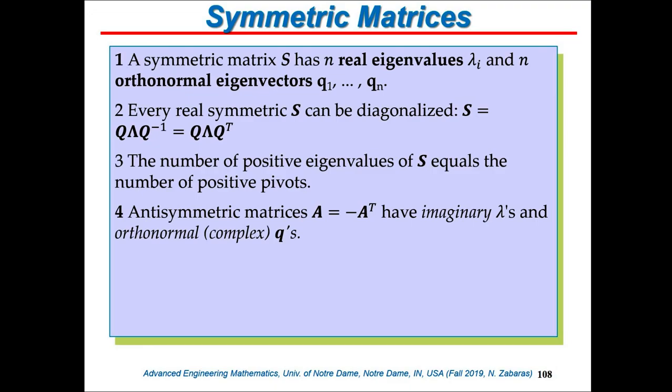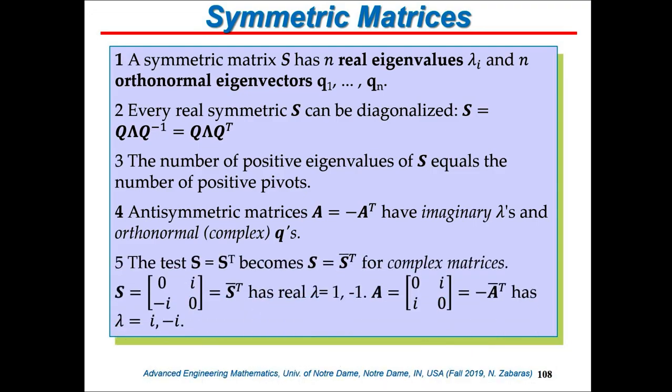So for this case of anti-symmetric, we still have orthonormal eigenvectors, but they are complex. All of these things are for real matrices. I'm not going to elaborate too much about matrices that have complex elements, but for complex matrices,